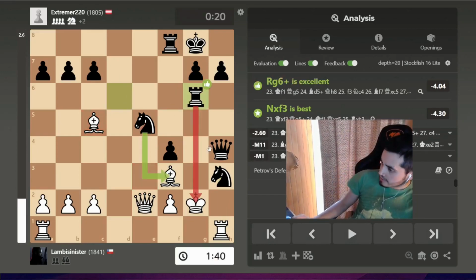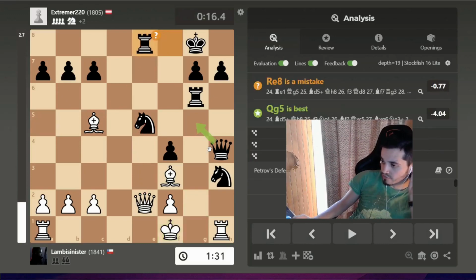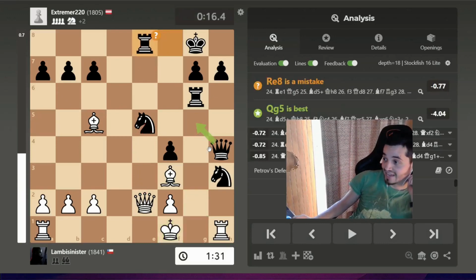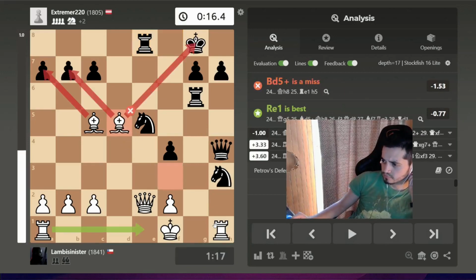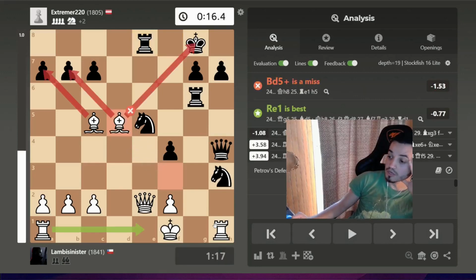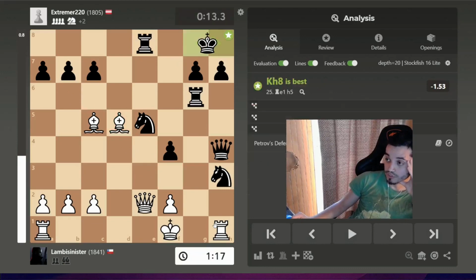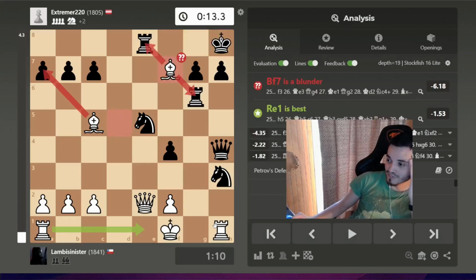Okay, so yeah, rook g6, logical. King f1, only move, and here, be careful, right? Okay, oh, I was seeing some ghost. Anyways, okay, so I played check, just trying to win some time,